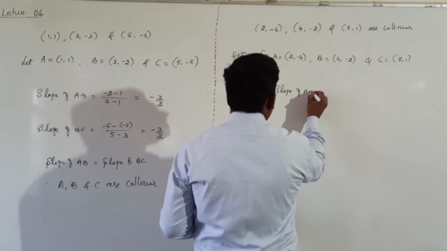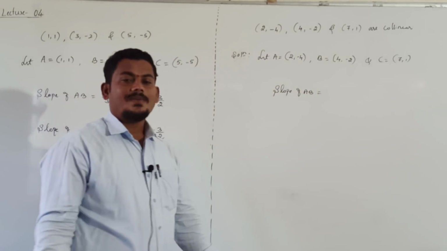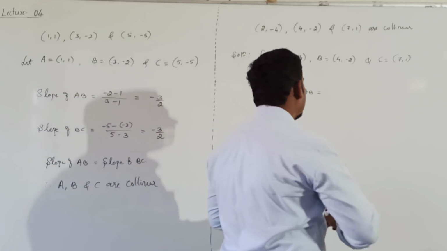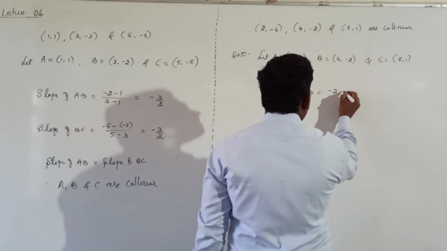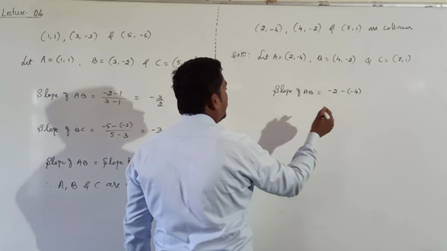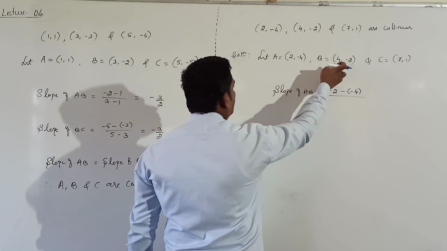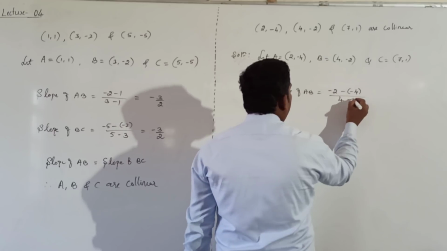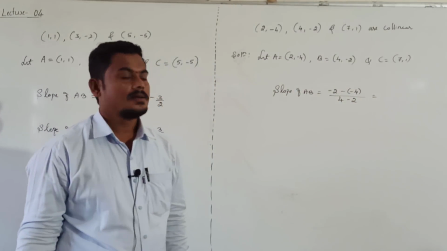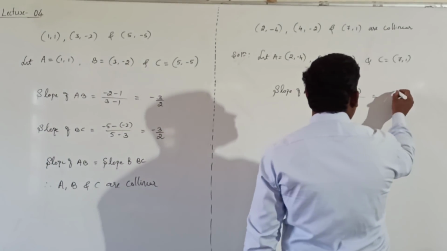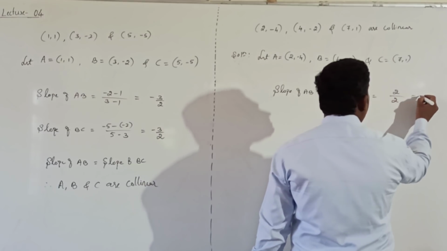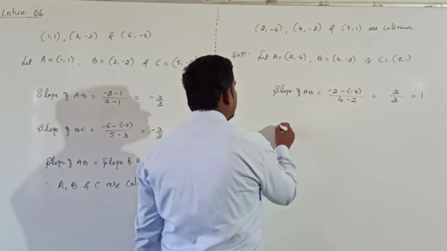Slope of AB line is equal to, just by using the 2-point formula, treat this as x1 y1 and this point as x2 y2. Then y2 minus y1, that is 2 minus of minus 4, whole thing divided by x2 minus x1, that is 4 minus 2. If you simplify, what you get? Minus 2 plus 4, it will be plus 2 divided by 2, that's equal to plus 1, right? Then similarly find